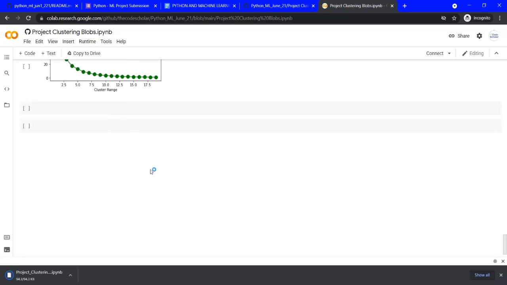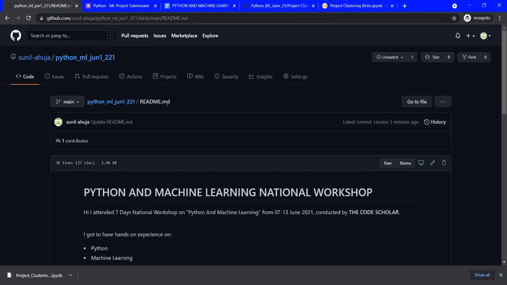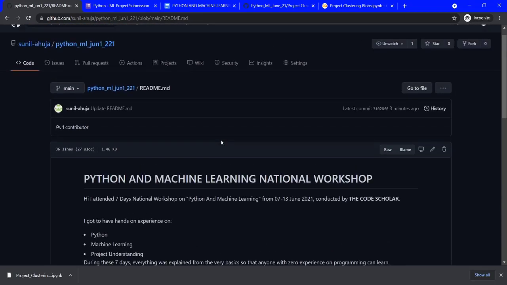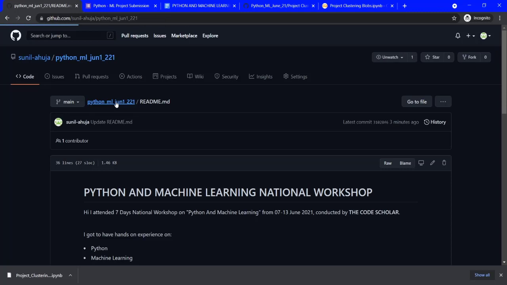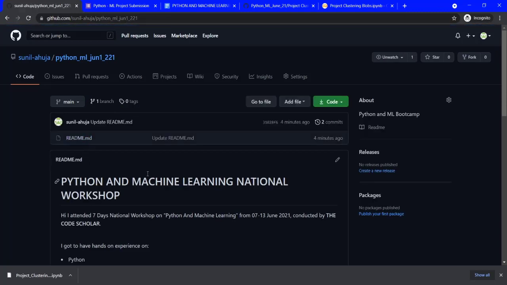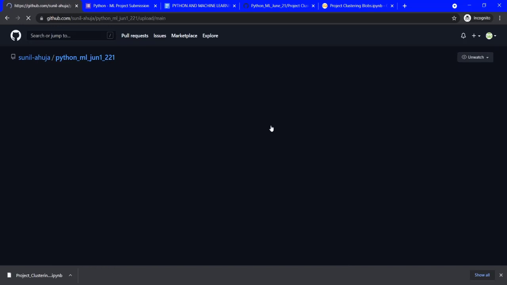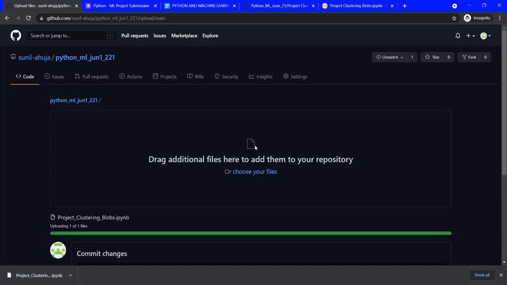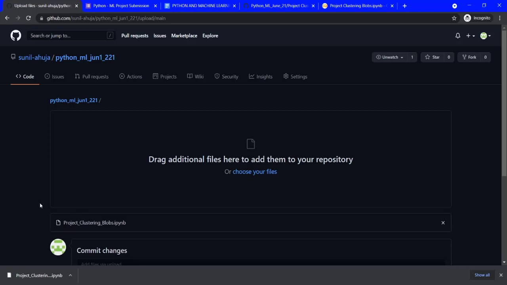So I'm downloading it as my IPYNB file, and then going back to this particular folder where you are working. These changes we have committed. Okay, click over here. So the README section has been added. You just have to add your Jupyter file or Python file. So add file, upload files. I'm dragging and dropping it up here, but you can also search for where a particular file has been uploaded and just click over here. It's very simply uploaded. Done.